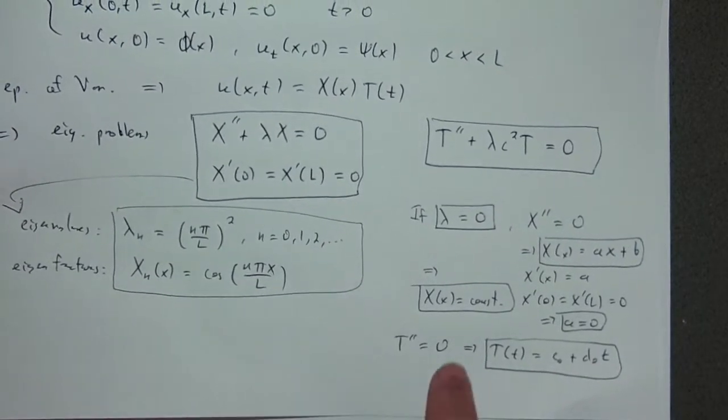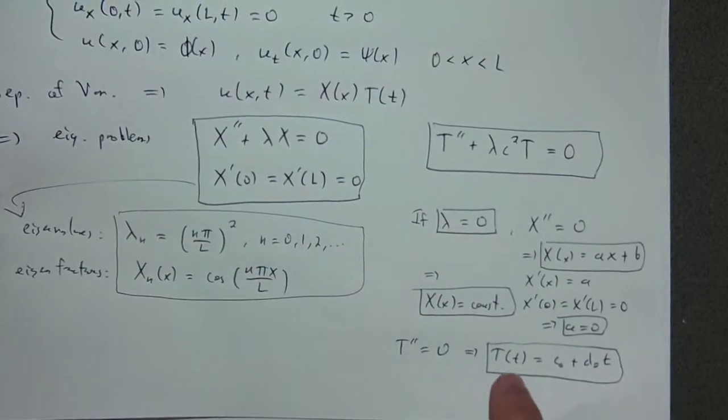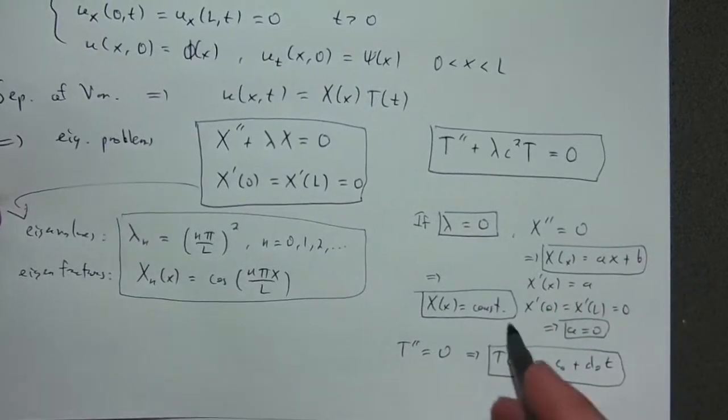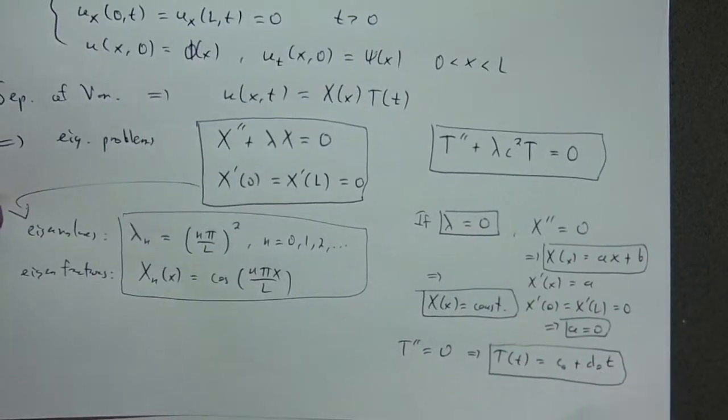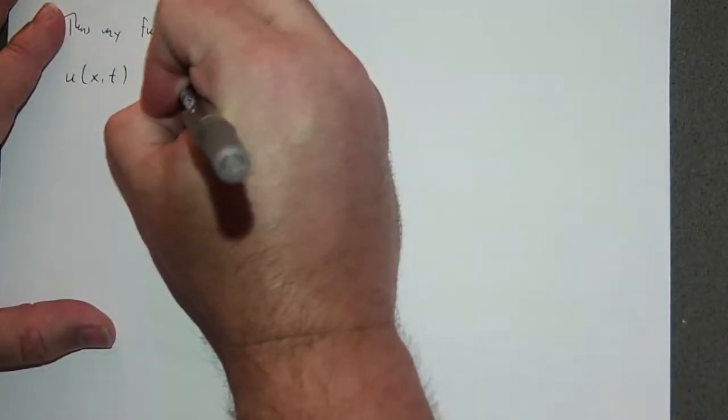So you might say, wait, for the lambda equals 0 term, don't I have an X sub 0 times T sub 0? Yes, you do, but this is just a constant, so we've absorbed that in c naught and d naught. And so this is c naught plus,